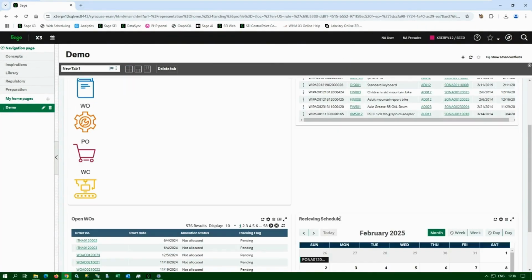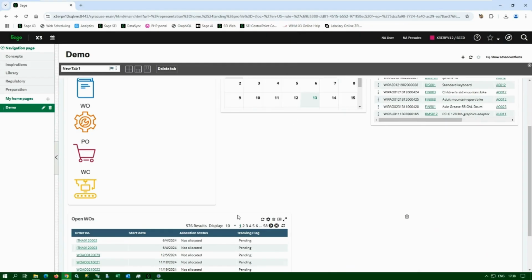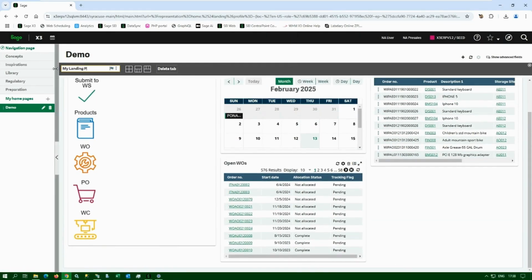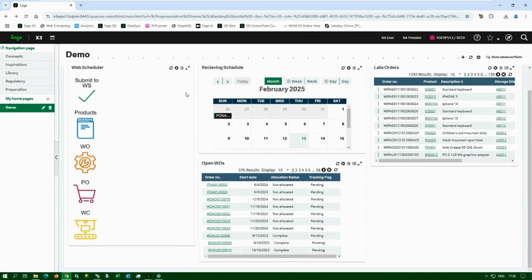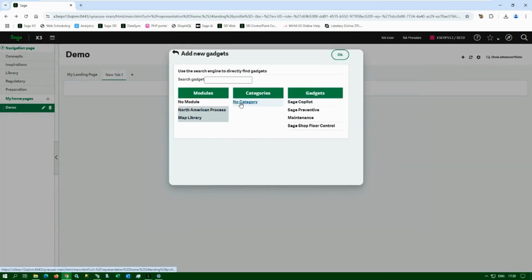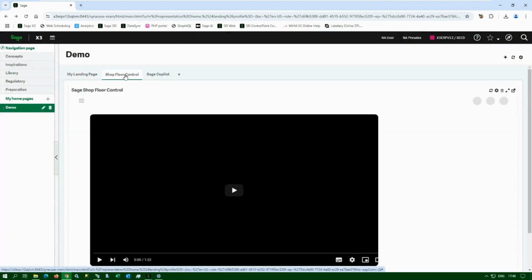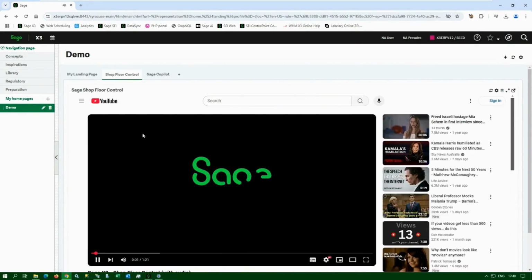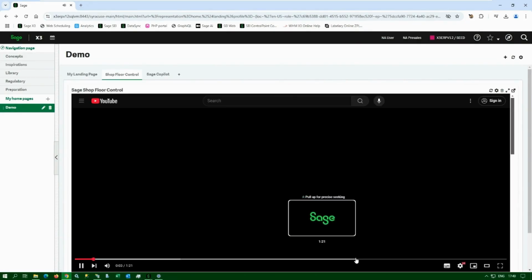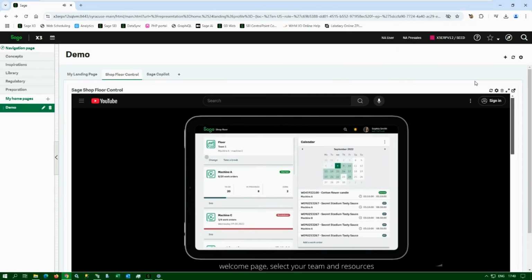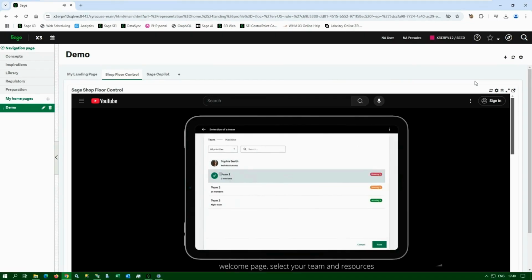To keep everything organized, simply select the gear icon to arrange the layout in a structured grid. Additionally, you can drag and drop gadgets using your mouse to customize your view effortlessly. Next, let's embed a video from Sage's latest release, Shop Floor Control. This allows us to leverage the power of Sage to keep our colleagues informed and up to date on the latest features. With this flexibility, Sage X3 ensures that your workspace is tailored to your specific needs, enhancing efficiency and